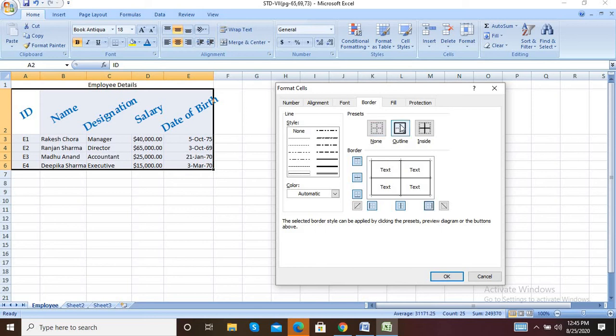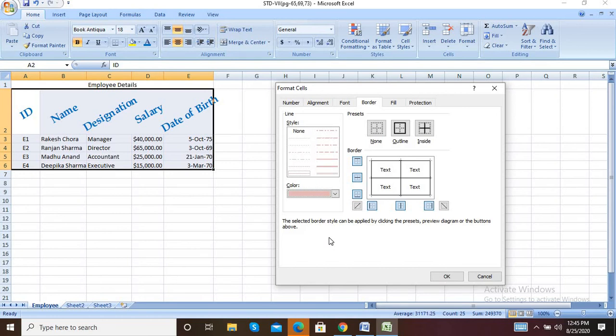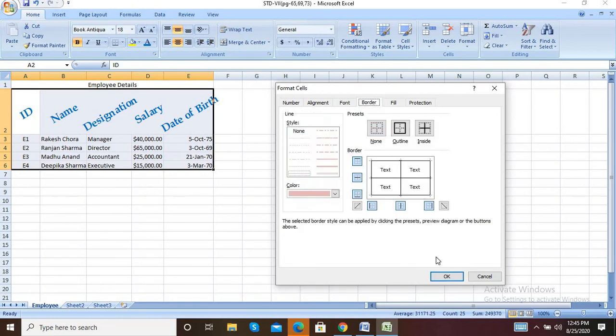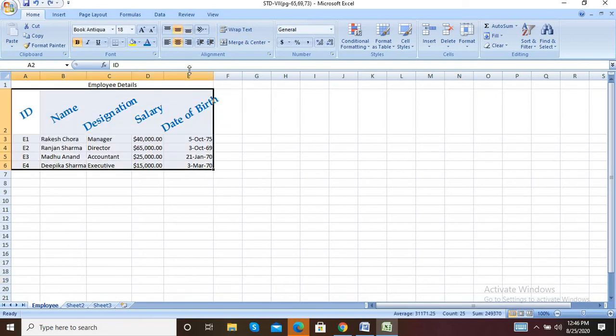Okay, outline also, and a suitable background color along with it. So I am selecting one color for this also. Next thing, now click on OK. Just a minute.